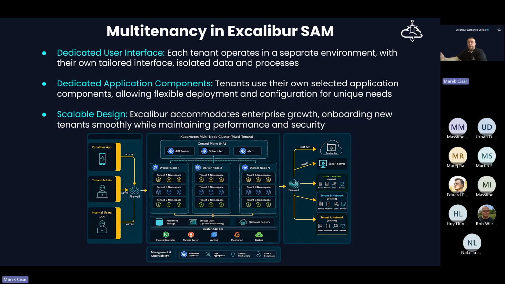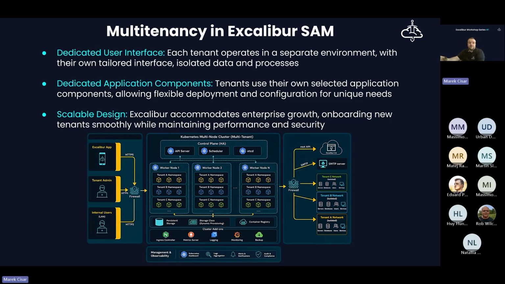And that's the third requirement, to have a scalable design. So the Excalibur architecture is designed for scalability right from the beginning. So as, for example, your enterprise grows and new tenants are onboarded in the future, you can do that quite quickly, effortlessly, and efficiently without impacting the performance or availability of the already existing tenants.